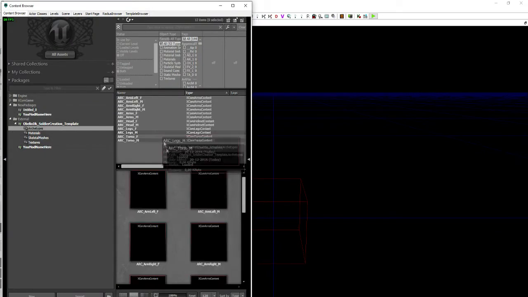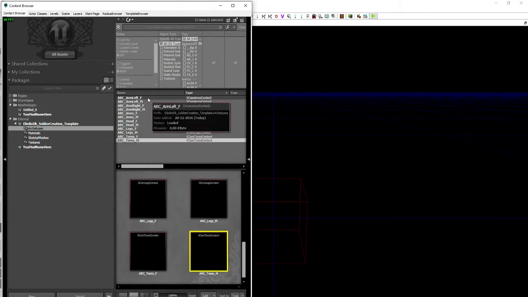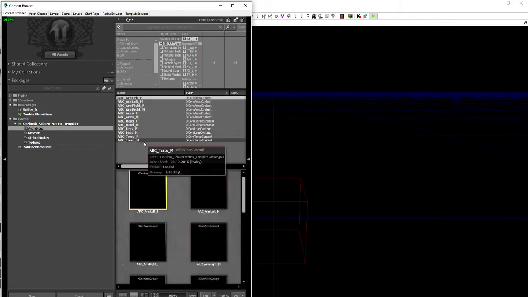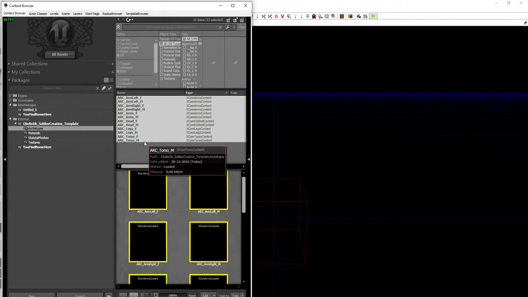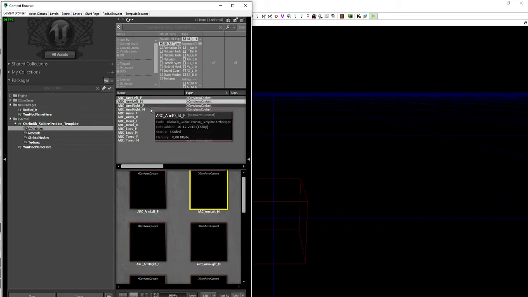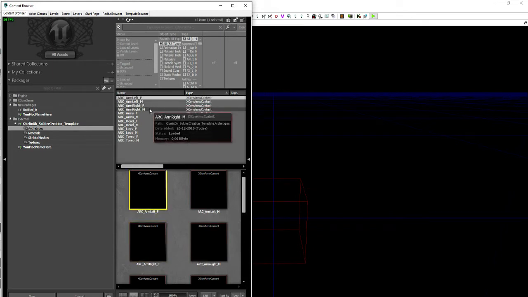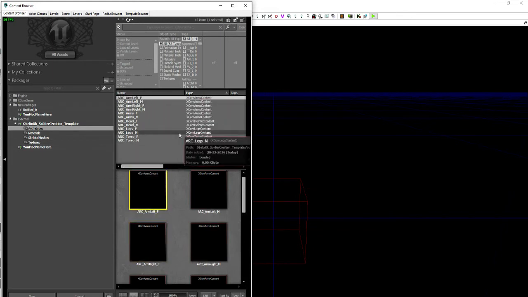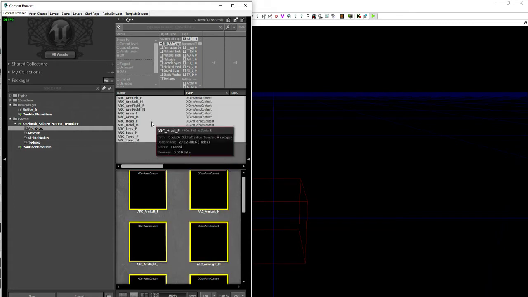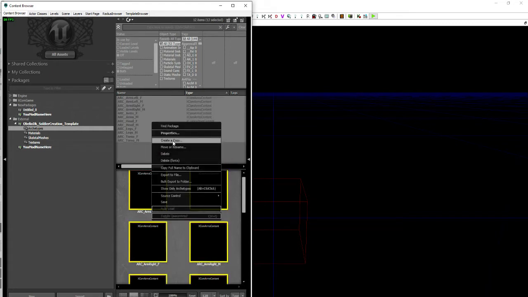We go into art types again, click the top one, click the bottom one. Well, if you only want the male versions or only want the female versions, you'll just click the M for male or the F for female. But for this example, we'll transfer all of them. You click the top one, hold down Shift and click the bottom one. Right click, create a copy,